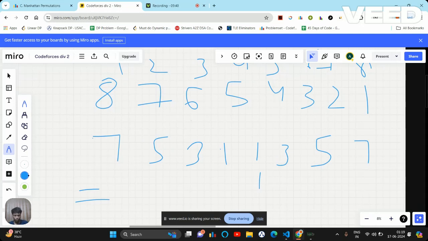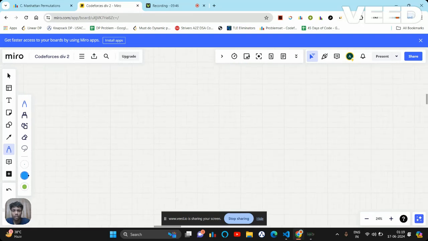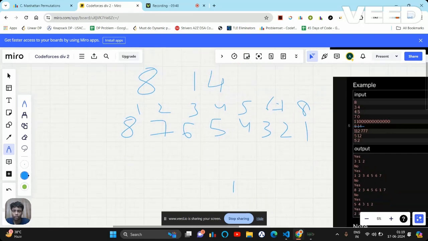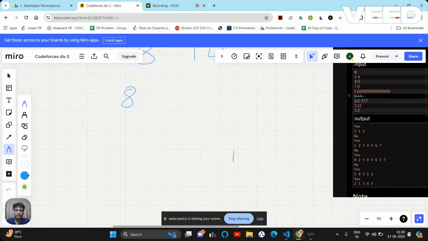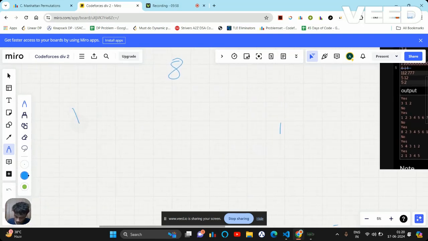I guess 32, if I'm not wrong in the addition. So yeah, it comes out to be 30. So this is a valid k, because the value of k can be from 0 to 32. Now it is 14, means it is valid. Till now, I think I need to output yes for this. Okay. So let's take